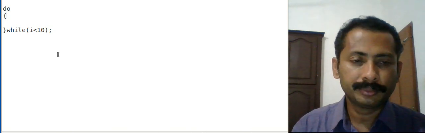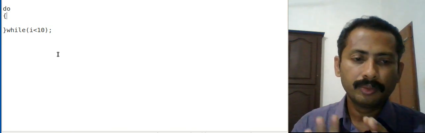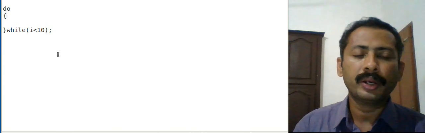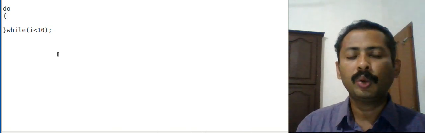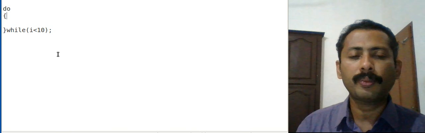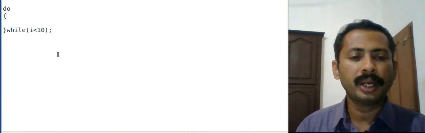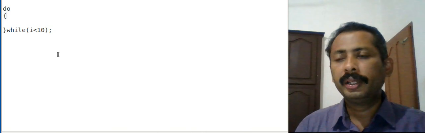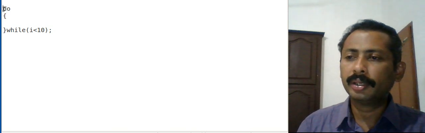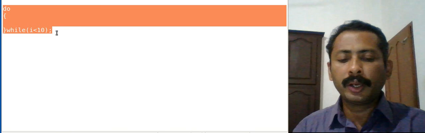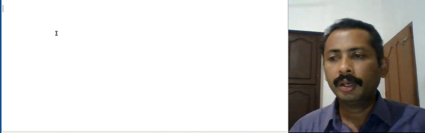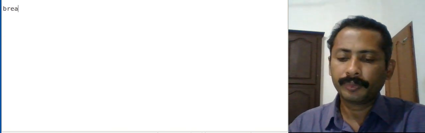And so we have for loop, while loop and do while loop. Of these, do while loop is an exit control loop, and its body will be executed at least once. And the two statements normally used along with loops are break and continue.